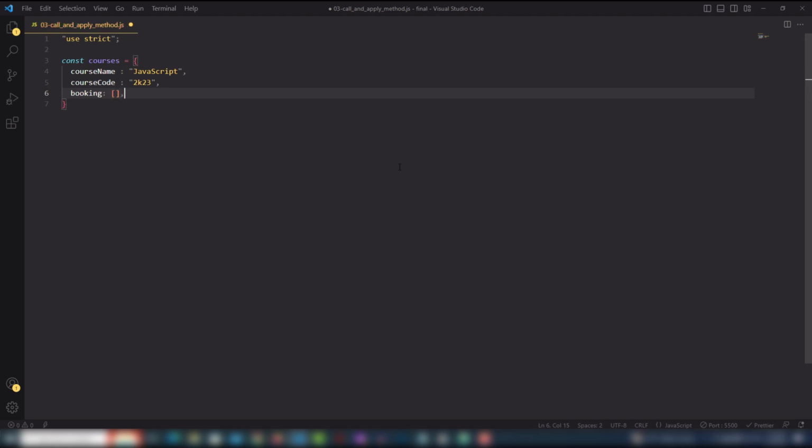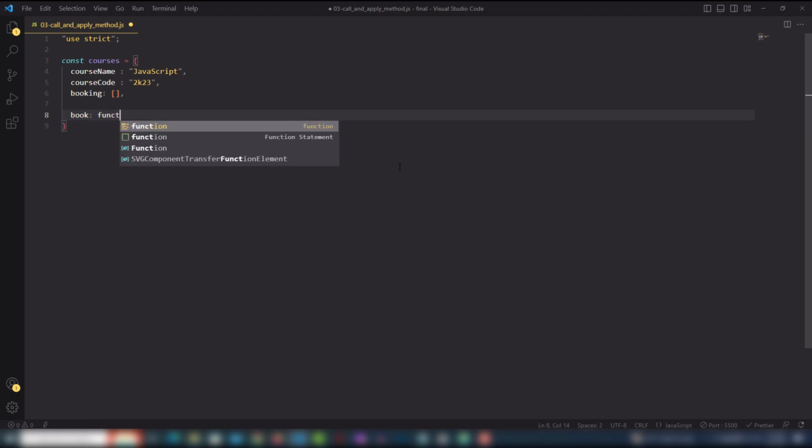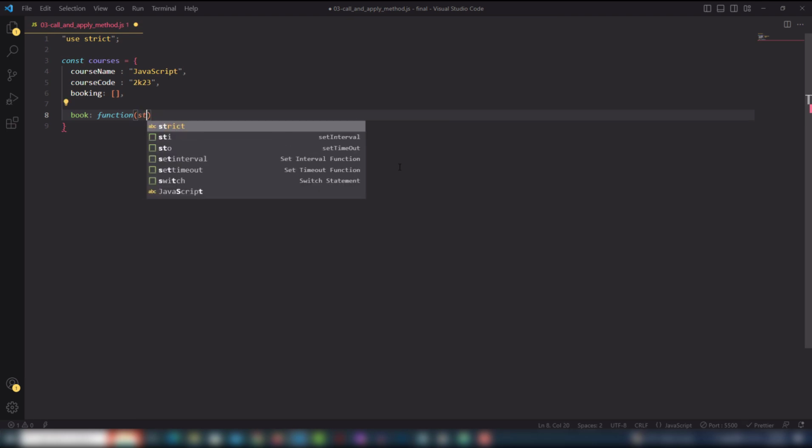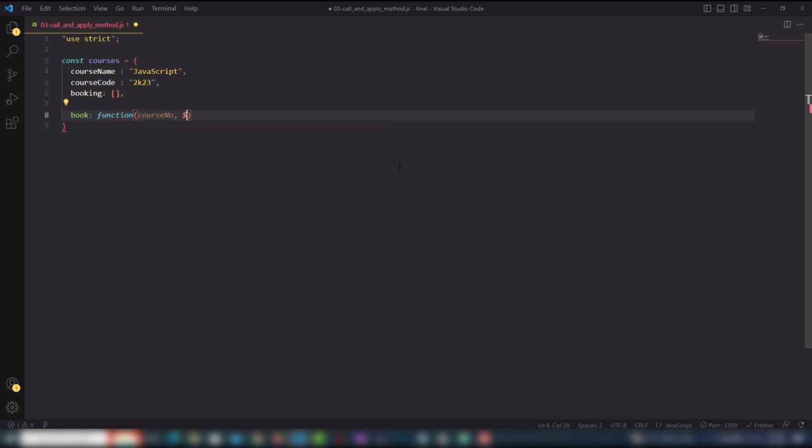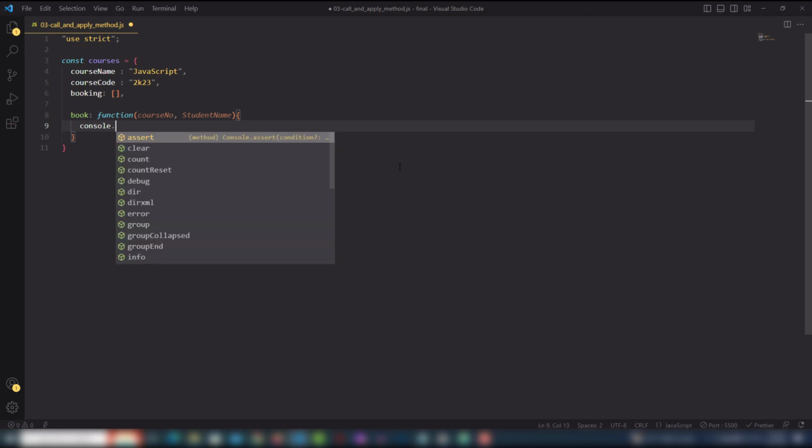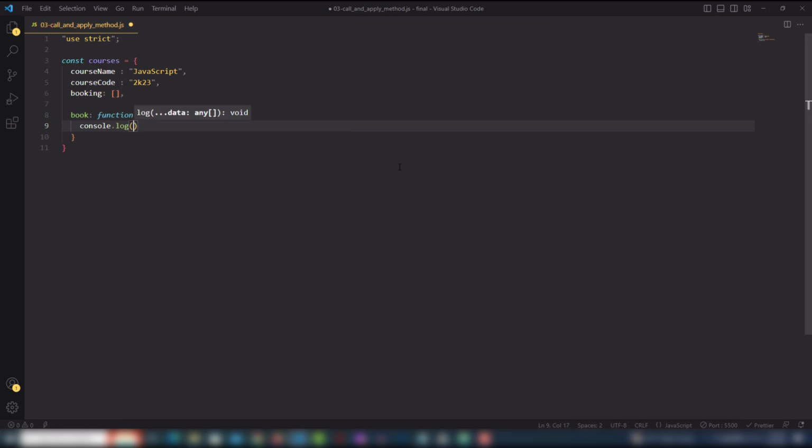Then I will create an array. Also I will create a function that will help us to display the data. So I will use the function passing the parameter like student course number and student name, right? Use curly bracket, and I'm gonna display those data inside our console screen. So I just need to use backticks. Inside the backticks I will use dollar and student name, like this one parameter,